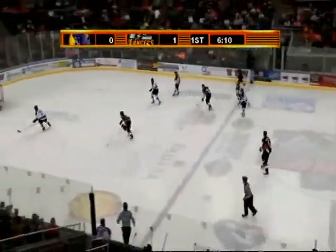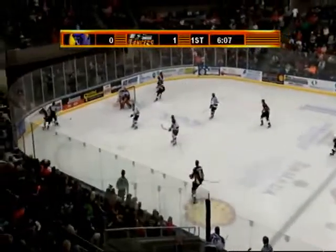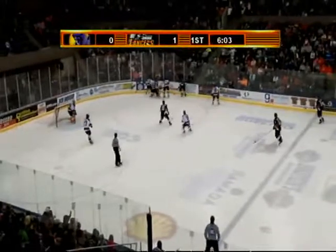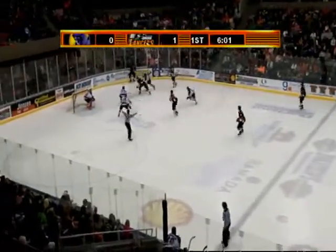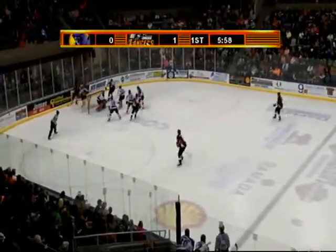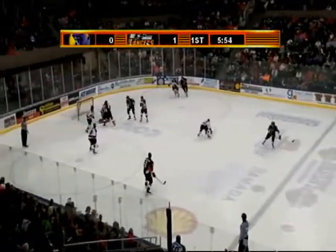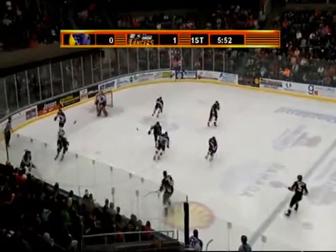Right now, 1-0 Lancers. 6:10 remaining in the first, as Omaha is back to 5-on-5. They've killed off Angelo's minor, and it's Angelo that now works hard on the forecheck on the right side of his offensive zone. From his knees, came away with possession, then slugged in front by Jordan, and Henderson in the slot couldn't handle it. Back out right point, this is Johnson, a drive, and that wrister through traffic,